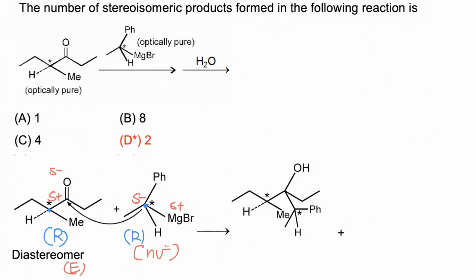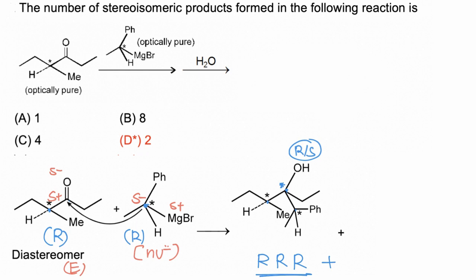Now this molecule has a total of 3 chiral carbons. So there is a possibility of two products. One is this, and in the other molecule this OH may be present in front or OH may be present in back. So at this carbon there is a possibility of formation of both R and S. So the products formed in the reaction: if this carbon has R configuration, this is also R, and this is R. So all the chiral carbons have R configuration.